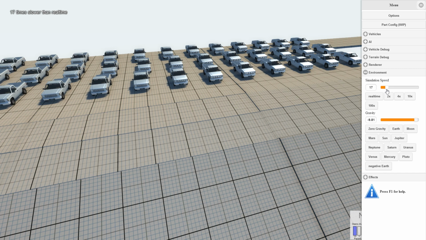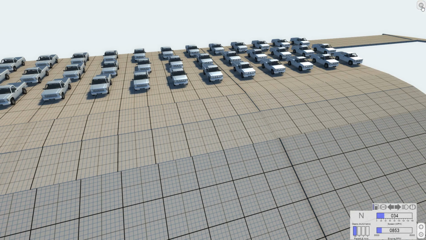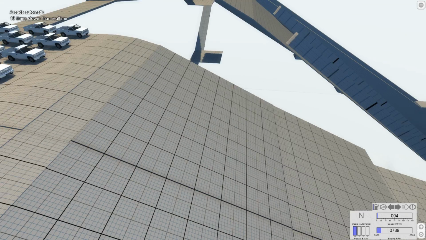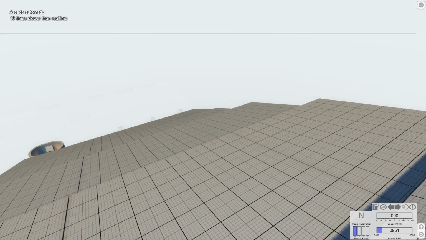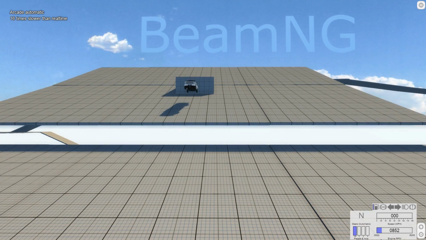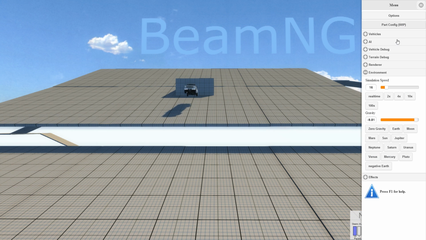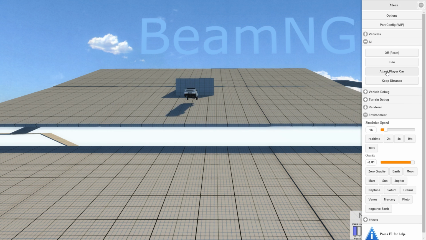And all that matters is you know what speed you put it at, so that way when you're editing, you can make sure you make the numbers match up, so it's not running kind of slow-mo but not really, or faster than real time. You just gotta make sure the numbers match up. So right there we put it at 16 times slower, which means I get 10 frames per second, so I could actually record this at 160 frames per second in the end, but that's more than YouTube does, so it doesn't really matter. But once that's set up, we can tell the AI to attack my car,